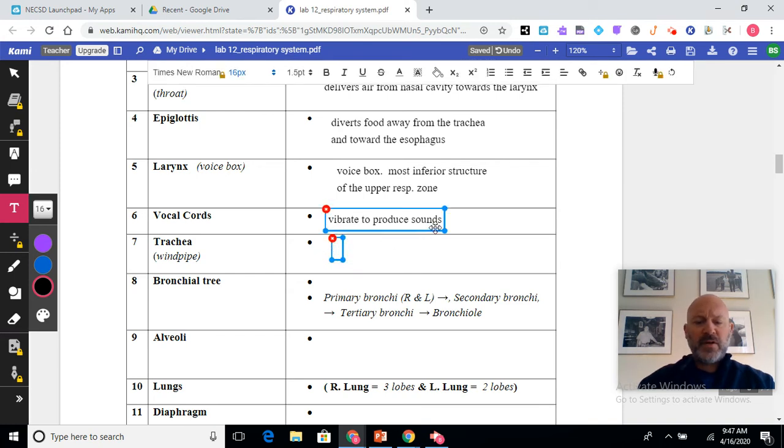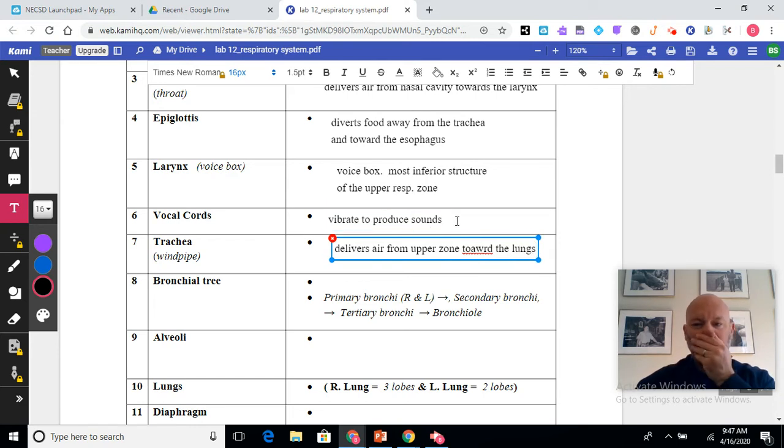All right, so the trachea, what does the trachea do? It delivers air from the upper zone toward the lungs. And so the trachea continues to go down, and then it branches in two directions. We call that branch the bronchial tree. All right, so the bronchial tree brings the air